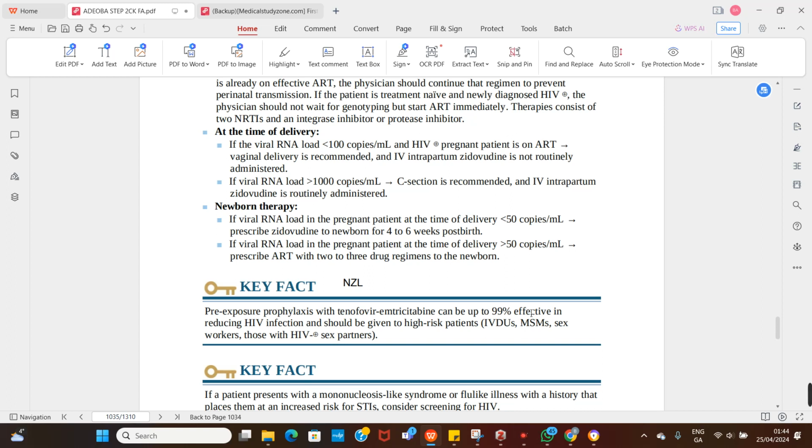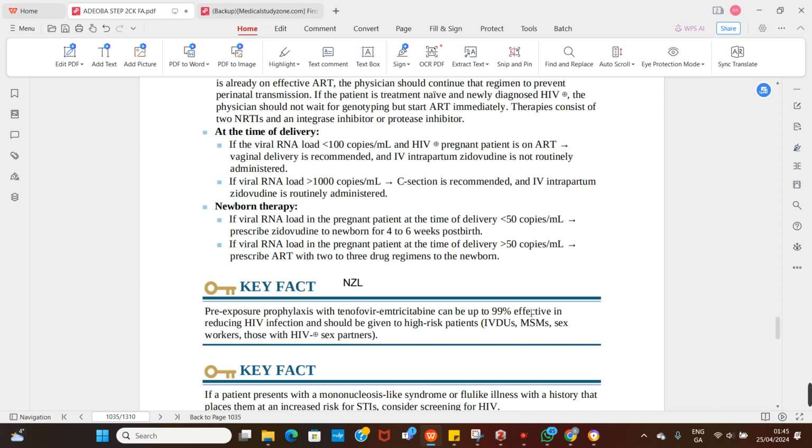So if the RNA in the pregnant woman at the time of delivery is less than 50, you just give the baby zidovudine for 4 weeks only. That is all. 4 weeks. But once the RNA load is more than 50 copies,